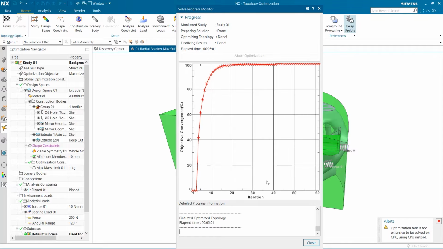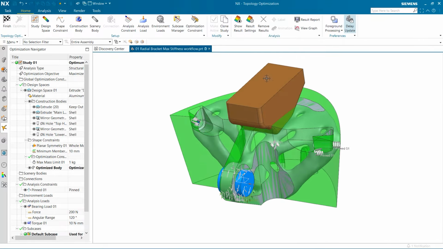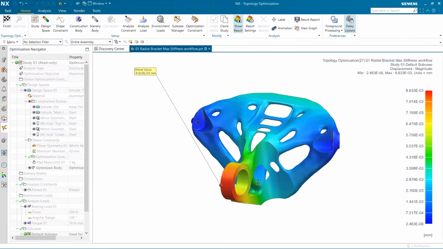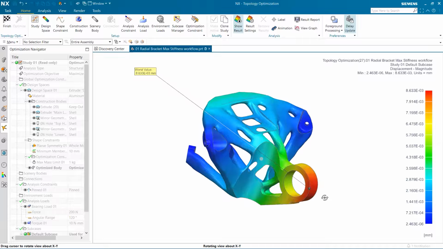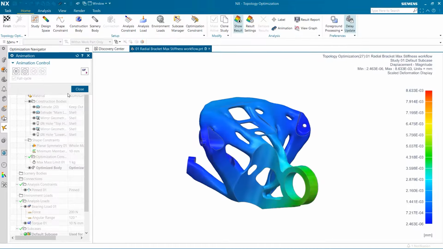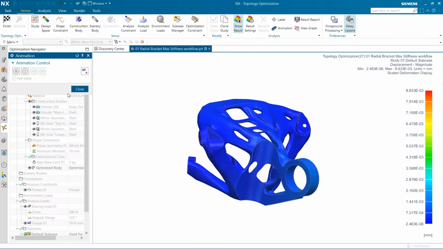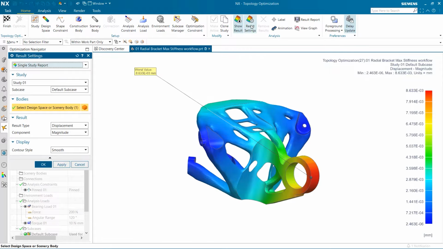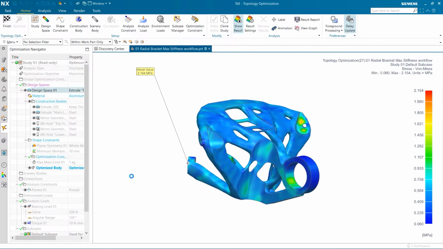The study is now finished, so let's look at the results. We now have a mixed convergent body, which is a mesh body with some precise geometry. I want to see how the object responds to the applied loads, and I can easily see that when I animate the results. The largest amount of displacement is located at the largest hole, and the value is quite small for the model. I would also like to see the stress placed on the model, which I can easily switch between.